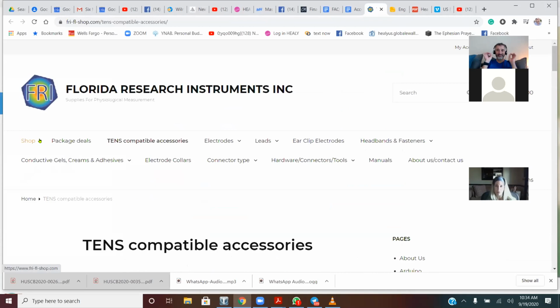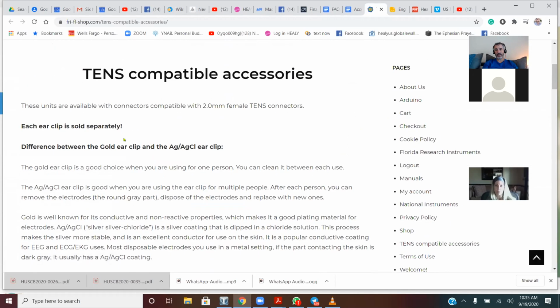When I use them, they sting. It kind of hurts, I feel it too much, so I don't even use them. If I have a program like that that I need to run, I use the sticky pads on my mastoids. Much more comfortable than the ear clips. I think you can maybe get felt covers over the ear clips so they don't zap you too much.